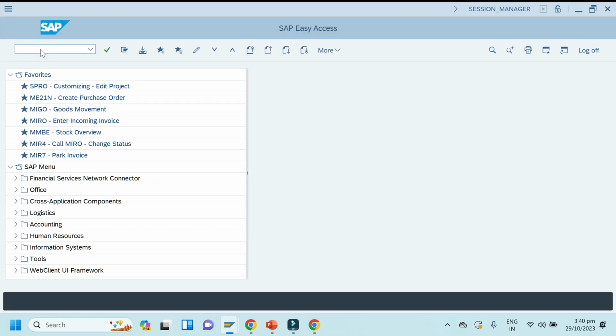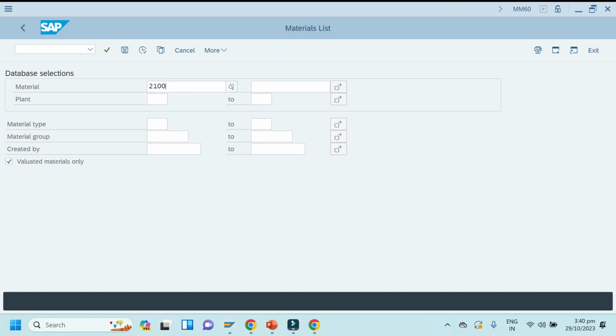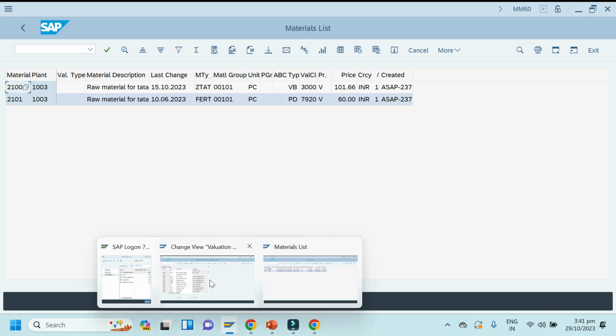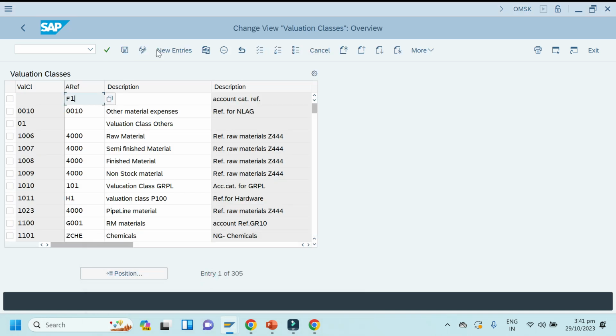Here for 2100 I want to see the material type, and 2101, plant is 1003. You can see 2100 is ZTAT material, and 2101 is FERT material. FERT means finished product, and this is a custom material type, right? So let me click on new entry.